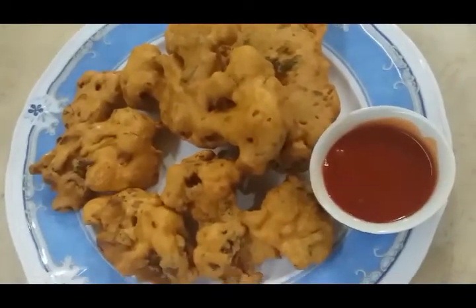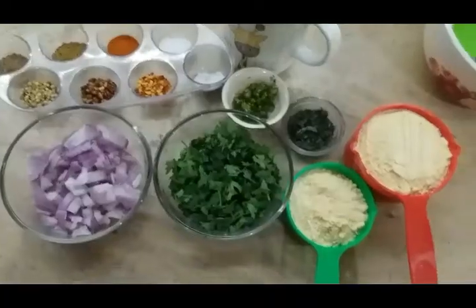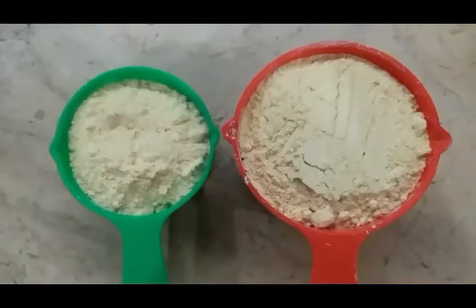In today's video we are going to make some Desi basic pakoras. So let's get started. For this we're going to use 1 to 2 onions, some coriander, 1.5 cup of gram flour,